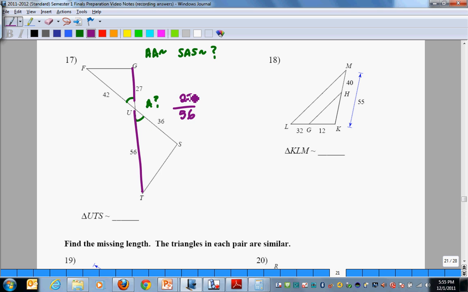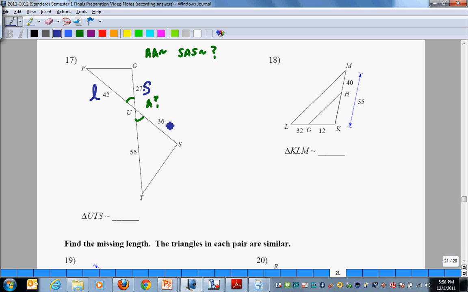27/56. Then I'm going to do, and notice the direction I went, so you have to be consistent. I went top-bottom, so I have to go top-bottom again. Oh, I forgot to label my smalls and my larges, so 27 is the small, 42 is long, and on the